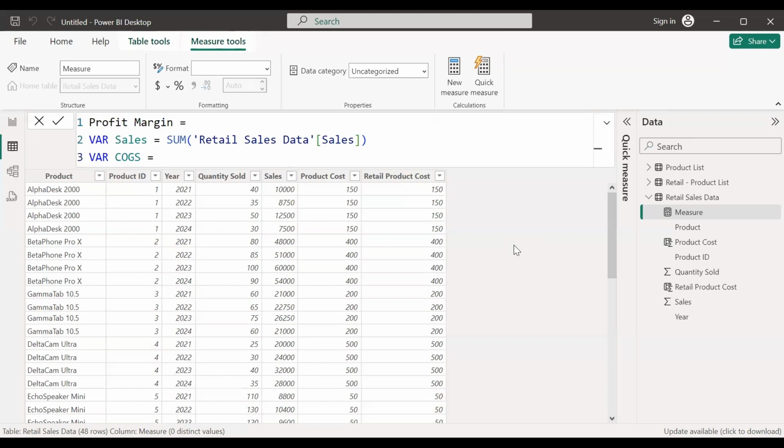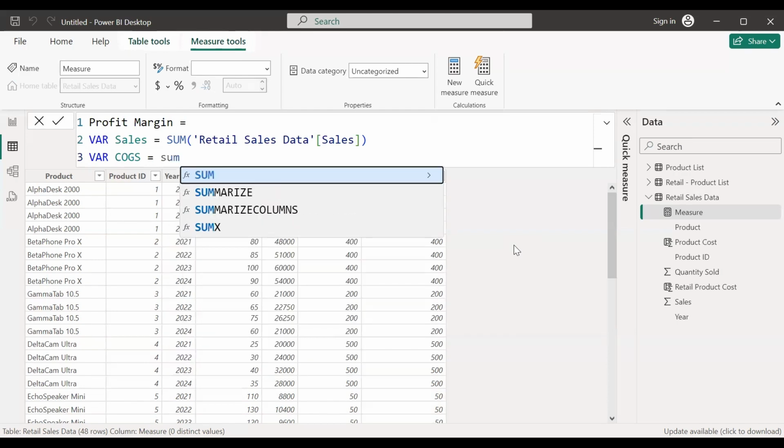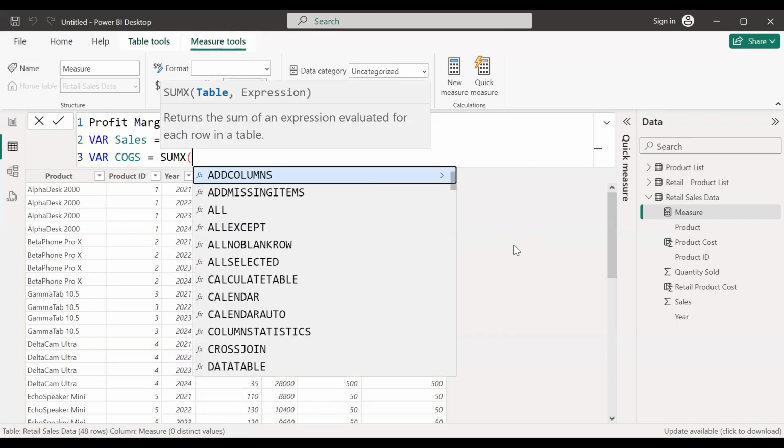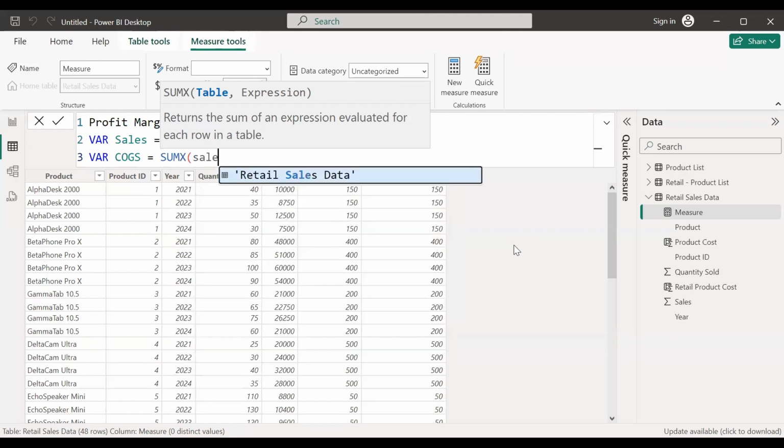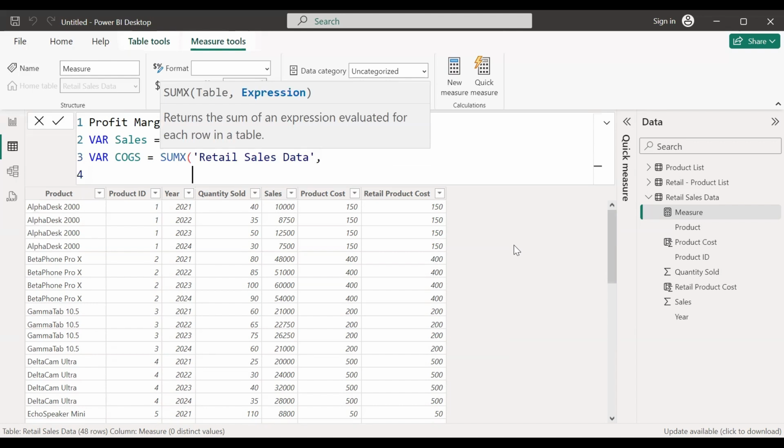So here we'll use the function SUMX because we want to do a row-wise evaluation of our multiplication. So SUMX with retail sales data as the table, and the expression for this would be quantity sold multiplied by